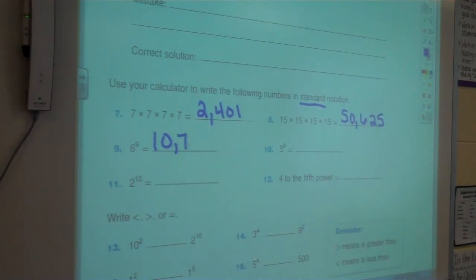10,077,696. Say it slower and louder. 10,077,696. Any discussion on that? No, 696. Okay. Now do I have everything? Yeah. Alright. And then 5 to the 8th. What'd you get for 5 to the 8th? Logan? 390,625. Okay, if you don't have these filled in, you should be